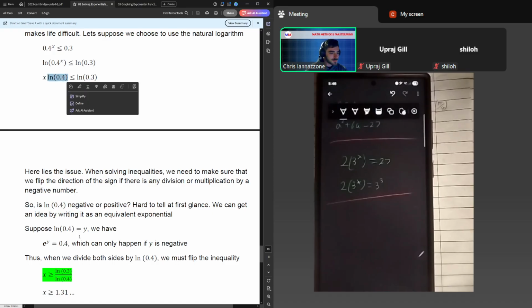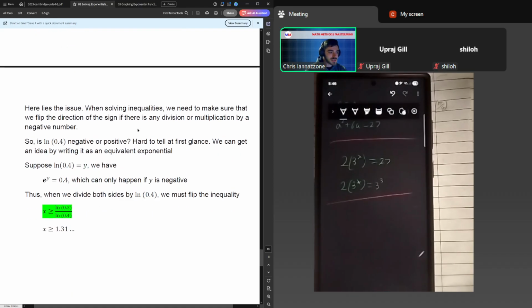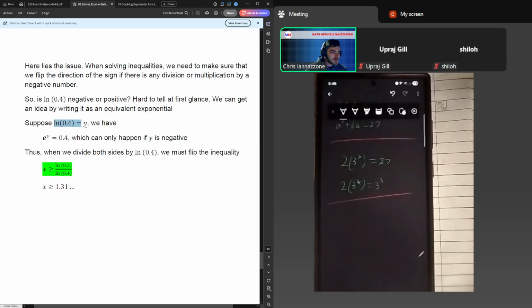Take whatever the log is, let it equal to something. We don't know what it is. Let's say it's equal to y. From there, convert to an exponential. This makes it a lot easier to track what y could potentially be, whether it's a positive or negative number. So you take that, you flip, and you start thinking, okay, well, if I chose any positive y